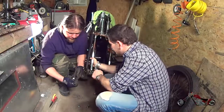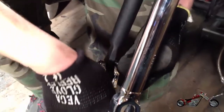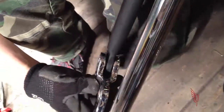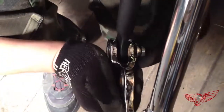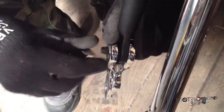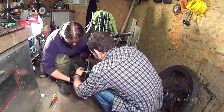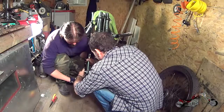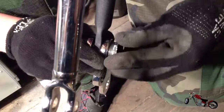One goes on one side, then it has to be fitted onto the rear fork, and then the bolt with the other half of the ball bearing has to be driven right through and screwed in with the little washer that has to fit perfectly into the hole in the rocker. Right? I'm gonna screw it in. Then we have the back